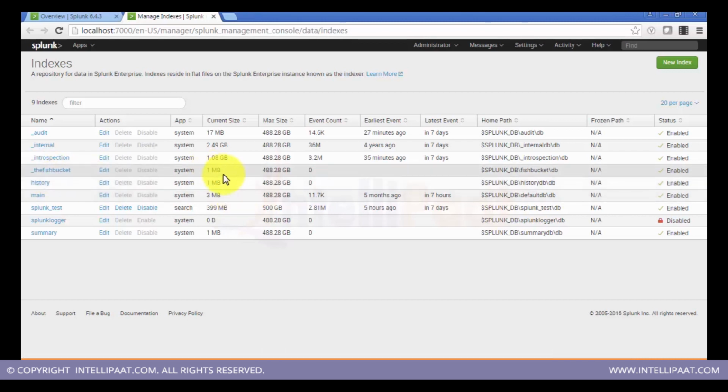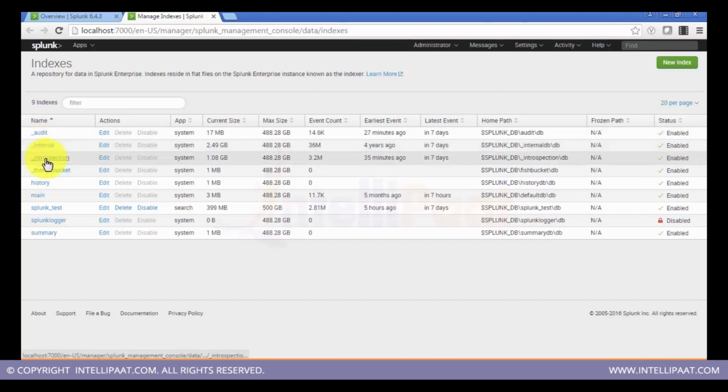So that's why the data size is pretty small. The other three, as you can see, are pretty huge. Audit is audit compliance data, so obviously it will be lesser in size, whereas internal introspection has the hugest amount of data. So even though you are not paying for the license,